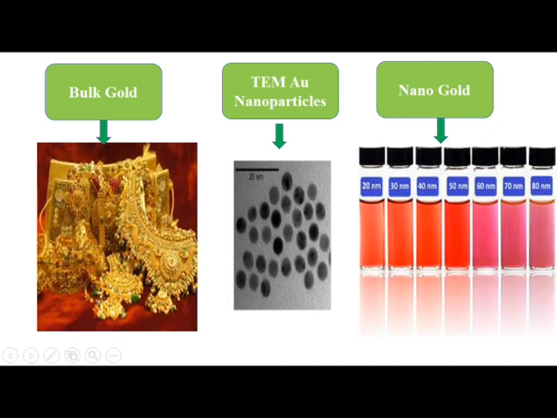In between, I have shown one micrograph of gold nanoparticles. This is the transmission electron micrograph of gold nanoparticles. In this graph you can see the gold nanoparticles are spherical in shape. So if you want to see the shape and exact size of the nanoparticles, we have to use specialized techniques like TEM. In short, it is called TEM.